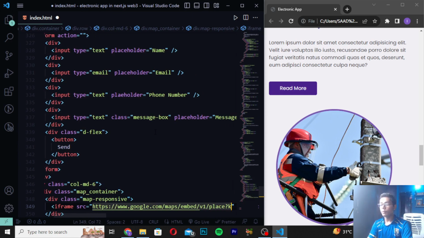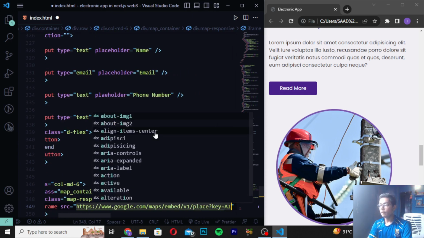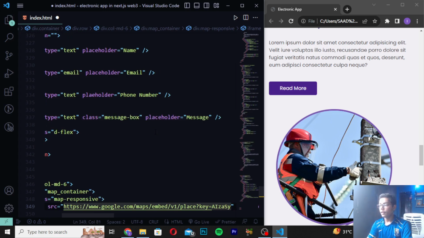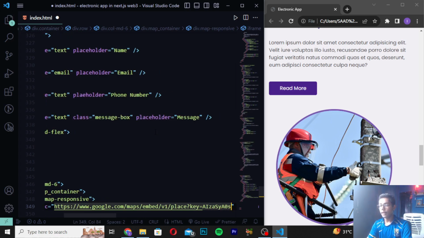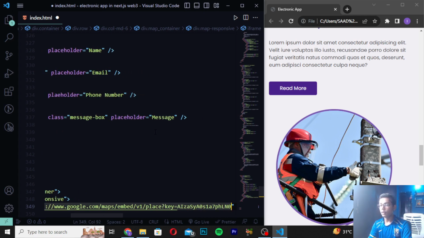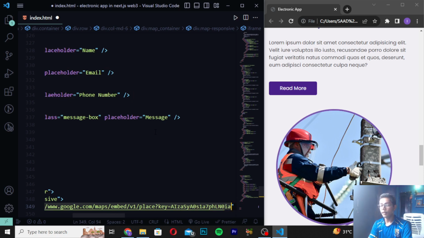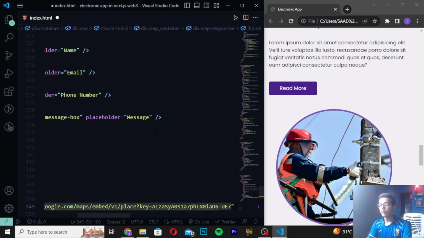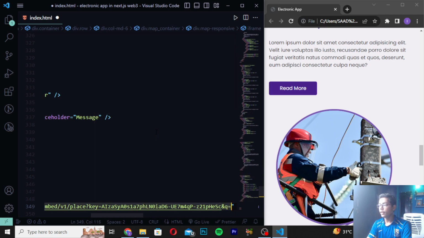Then I will be writing question mark key equal to, then you can write any key name. So I will be writing IZASY. Then you can write here A0 S1 A7 PHL and 0 like this, and then I will be now writing here IA D6. So D should be capital and like this you have to write. Then I will be writing UP7M4QP. Then again you have to write dash Z21PH. Then here I will be writing ESC, and then you can write and Q. Then you can write here equal to, and I will be writing here hyphen like this,